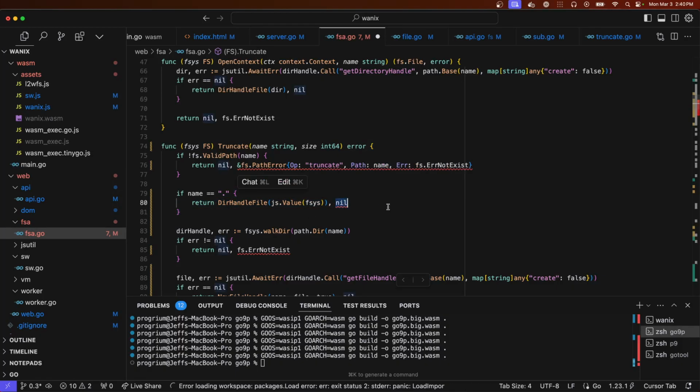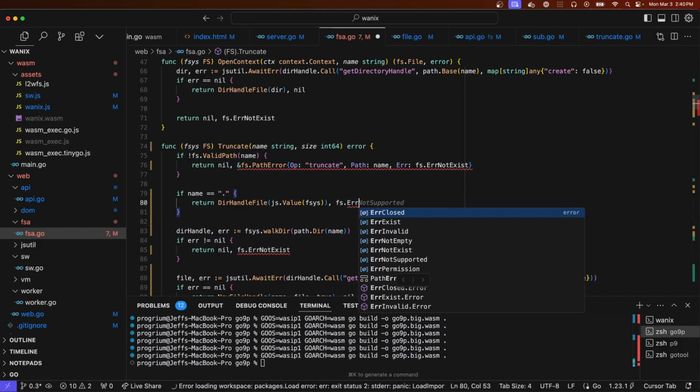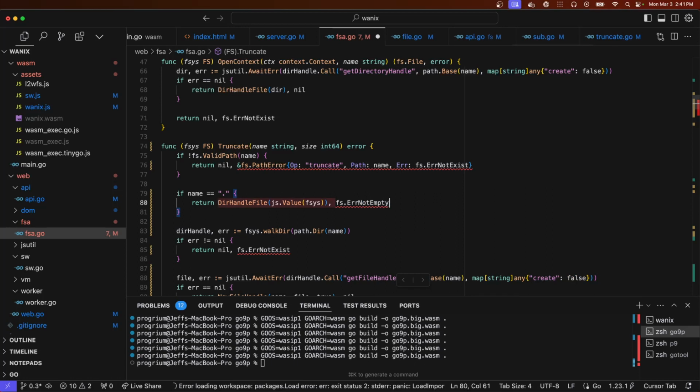Was there an error that we had for is directory or something? Not empty maybe was used. I don't know. There are all these questions that we just don't, I mean, there are answers and it's relatively easy to get answers. Like what happens when you try and do truncate on a directory? What is truncate supposed to do?